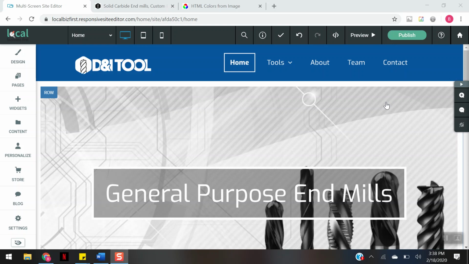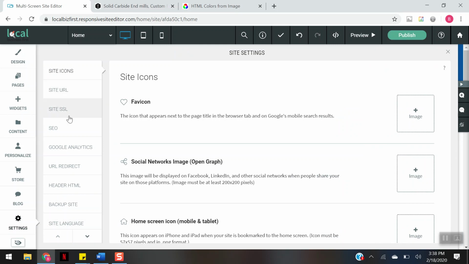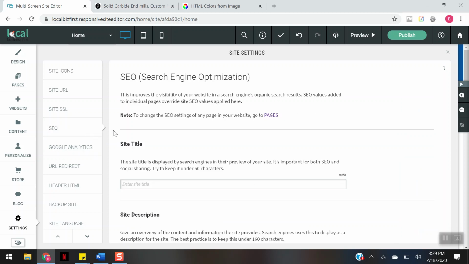Once you've completed building your website, there's just a few quick steps you need to do in order to publish your website. So in order to do this, I would recommend first going all the way down to the settings tab and addressing some of these tabs here. Some of this goes into a bit more detail than I really want to dive into in this particular video, specifically SEO and Google Analytics. These are two very specialty areas, especially as the internet and Google is continuously changing.